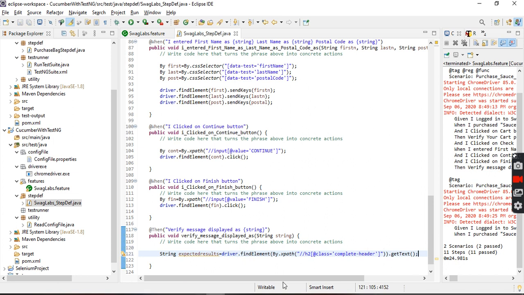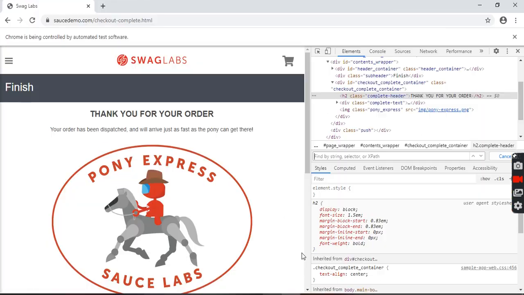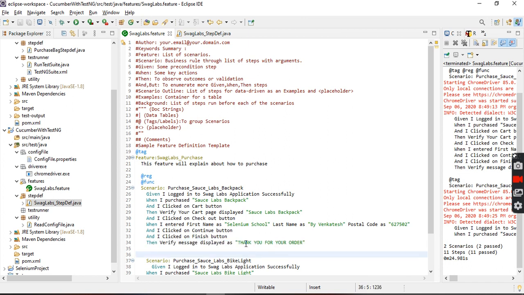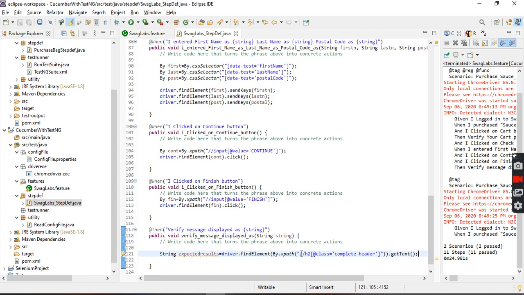Okay, this will fetch this particular text. Where are we getting the expected result from? Here. This is the actual result.